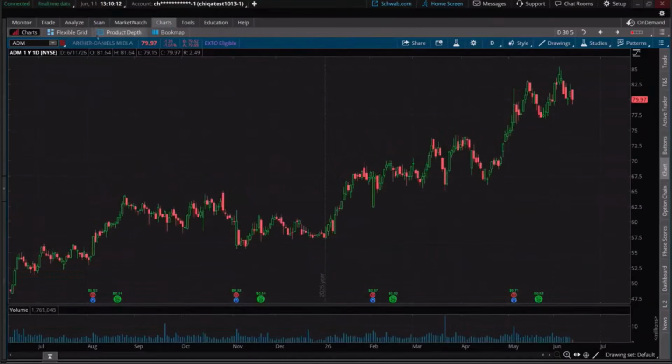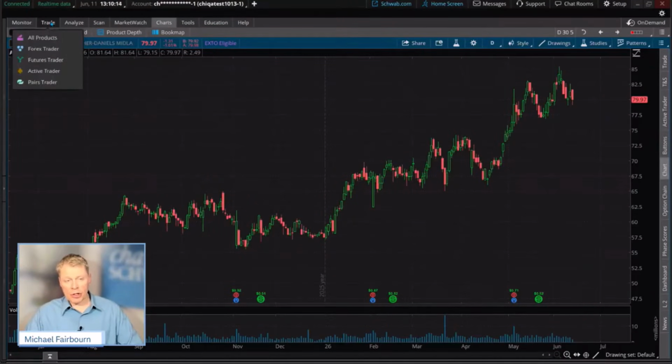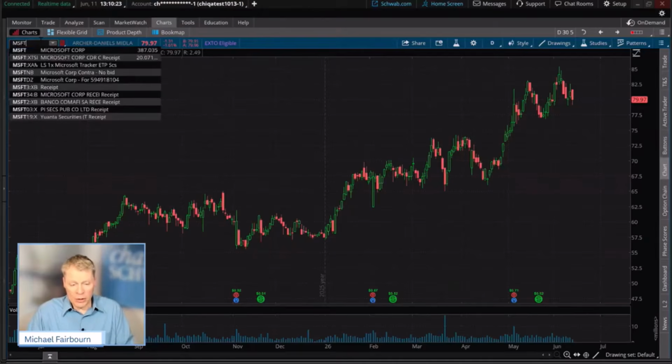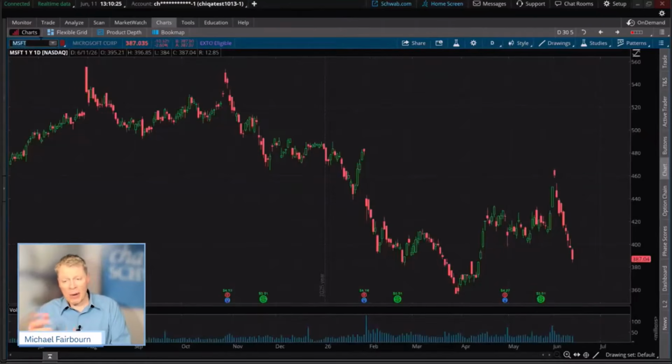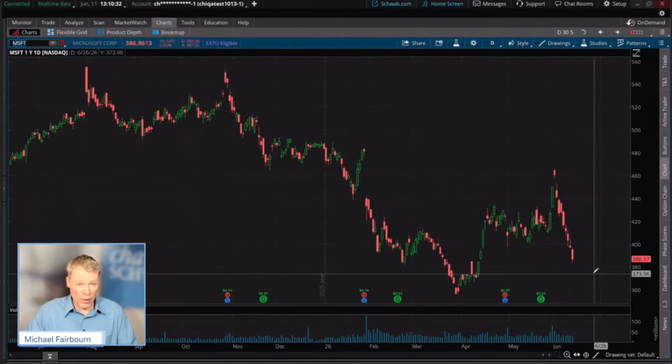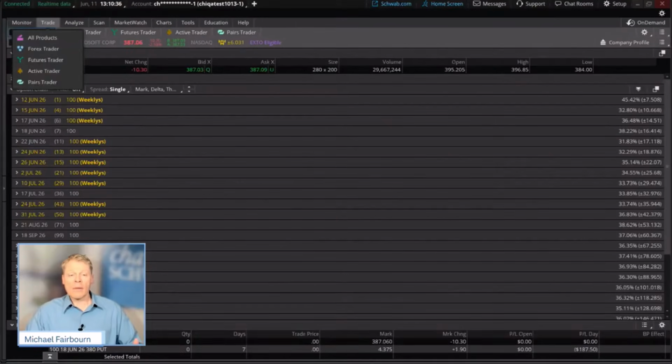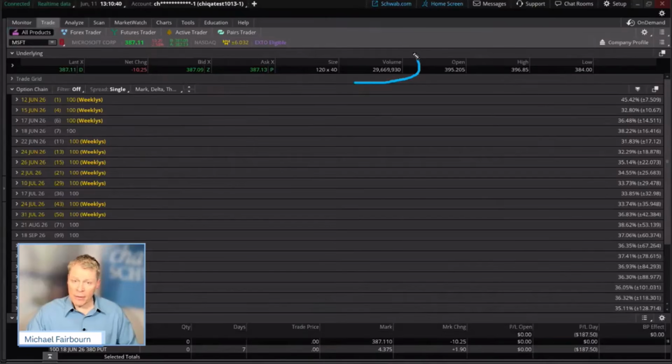One of the things, too, is when we just look at options generally speaking, a lot of times people are looking for liquidity in the options, of course, because they're looking for good spreads. So when you buy it, there might be an easier chance of selling it. Now, Microsoft stock is obviously breaking into lows here, but one thing Microsoft might have, even though it's a high price stock, is a lot of volume on the stock itself. And matter of fact, there is quite a bit already, close to 30 million shares.